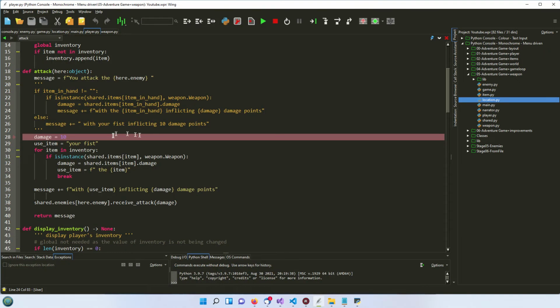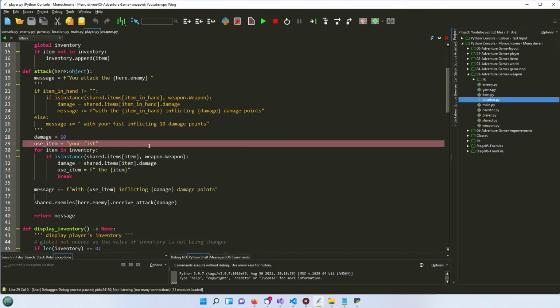Oh, I haven't actually printed it yet. That would help. That's the message. We've set the message. We haven't printed it yet. So damage equals 10 is a default value, so that if, for example, we did not have a sword in